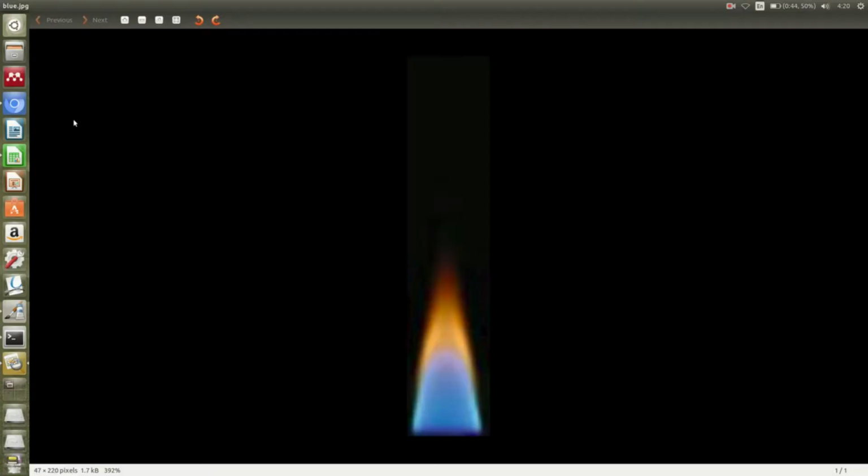Hi, welcome back to another tutorial video. This time we will learn to generate the line that represents the blue surface or the blue region of a diffusion flame. If you can see on the screen right now, this is a typical diffusion flame where the